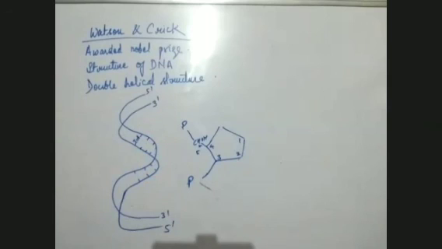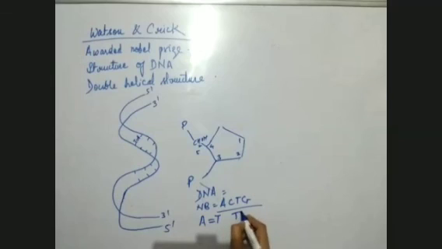As I told you, here we are talking of DNA. In DNA, the nitrogenous bases which are present are A, C, T, G. These are the four nitrogenous bases present in DNA. Out of these four, A always pairs with T with a double bond. Vice versa, T always pairs with A with a double bond. If there is G, it will always pair with C with a triple bond. If there is C, it will always pair with G with a triple bond. This is the pairing of the nitrogenous bases.